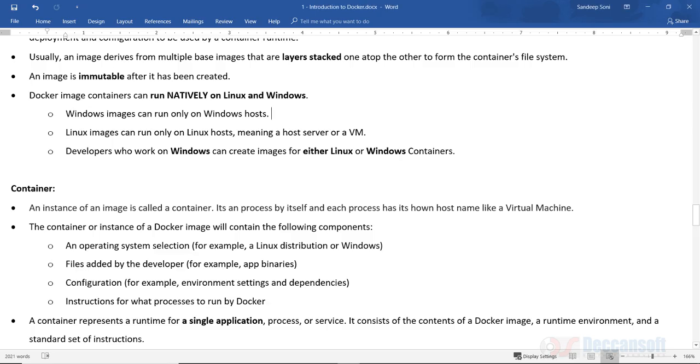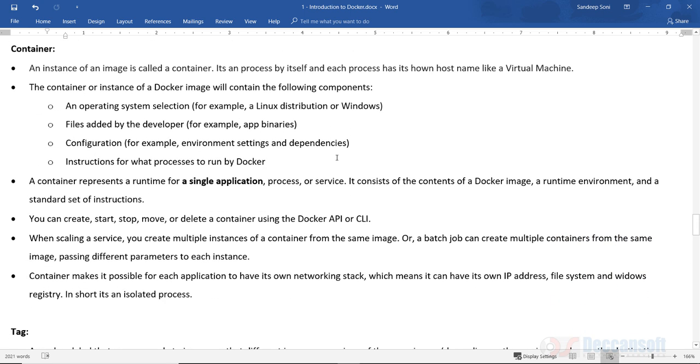But remember, a Docker image which is created for Windows will not work on Linux, and a Linux image will not work on Windows, even though we might use Docker for Windows. We have to switch them properly. And now something very, very important,